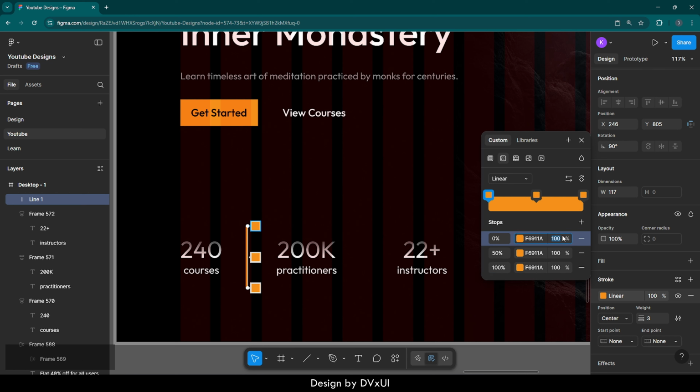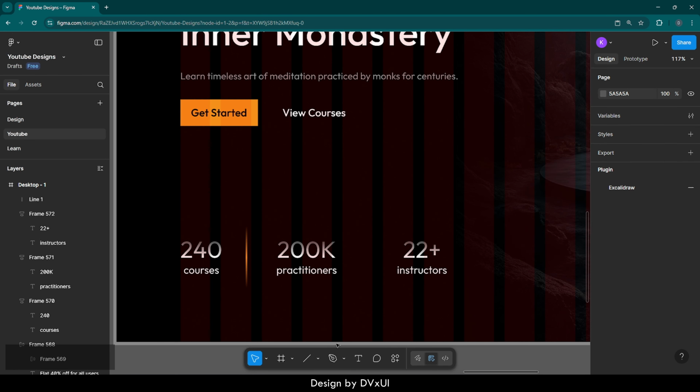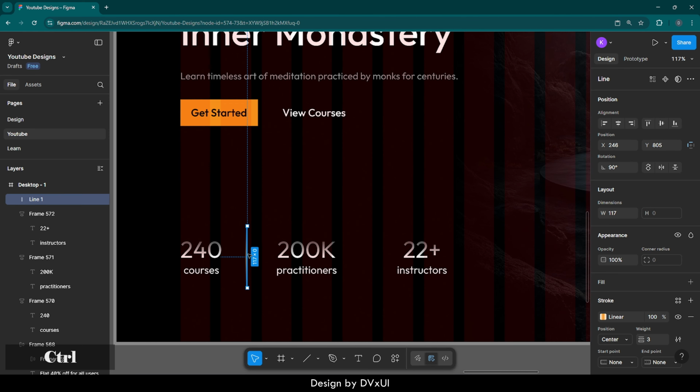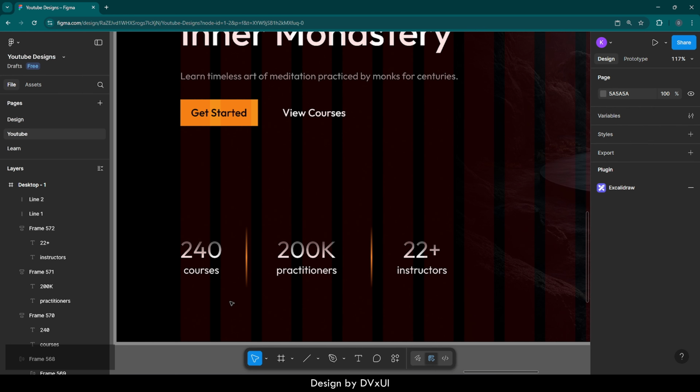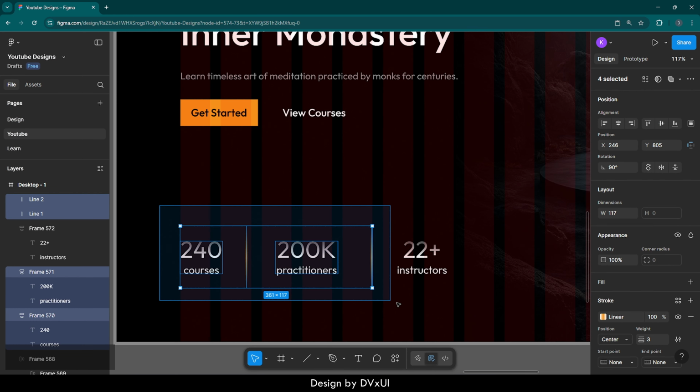Now for these extreme 2, I'm going to reduce the opacity to 0%, and it will give me a beautiful effect, something like this. I will select it once again because I need one more of this and place it over here. Now I'm going to select all of them